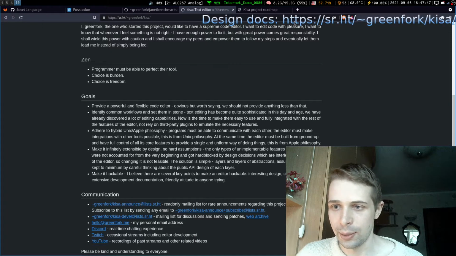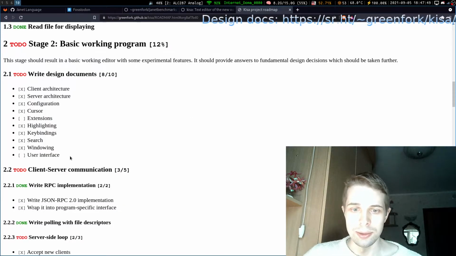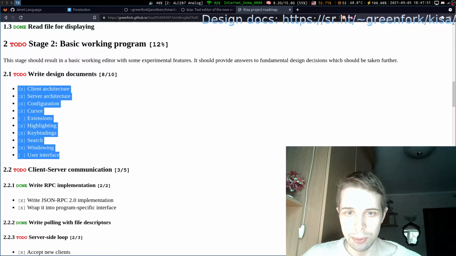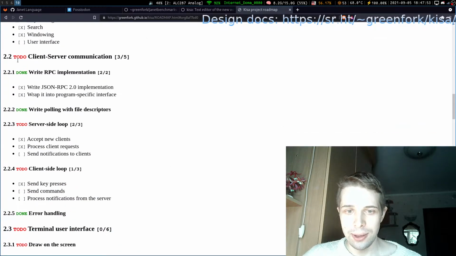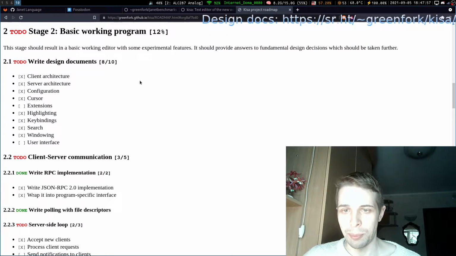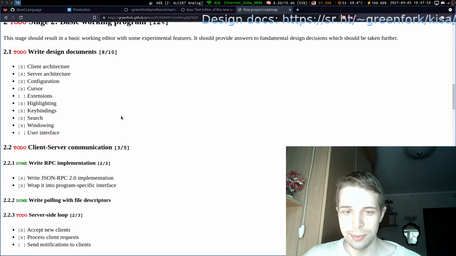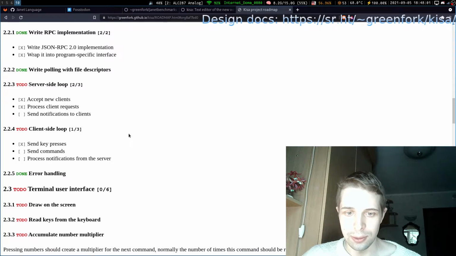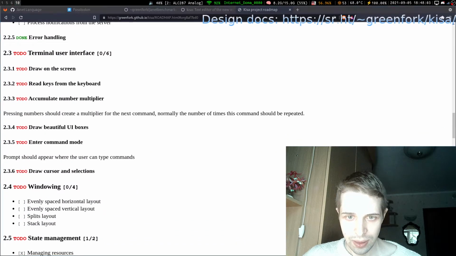This is why I would like to do all this design documentation and feed quite a lot of things into the first working product, the minimum valuable product, MVP, and there are a lot of things for the MVP.